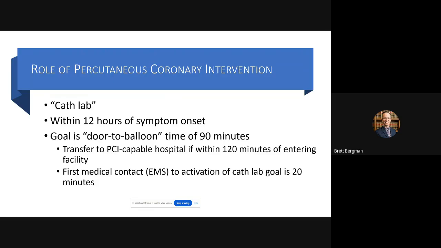One of the things that is going to be common in our situations is that because we activate EMS and it's a patient that's having chest pain, they're really going to get routed to a cath lab facility. If for whatever reason they end up at a hospital that doesn't have it, the goal is to rapidly transport that patient to another facility that has a cath lab to be able to do that definitive treatment.